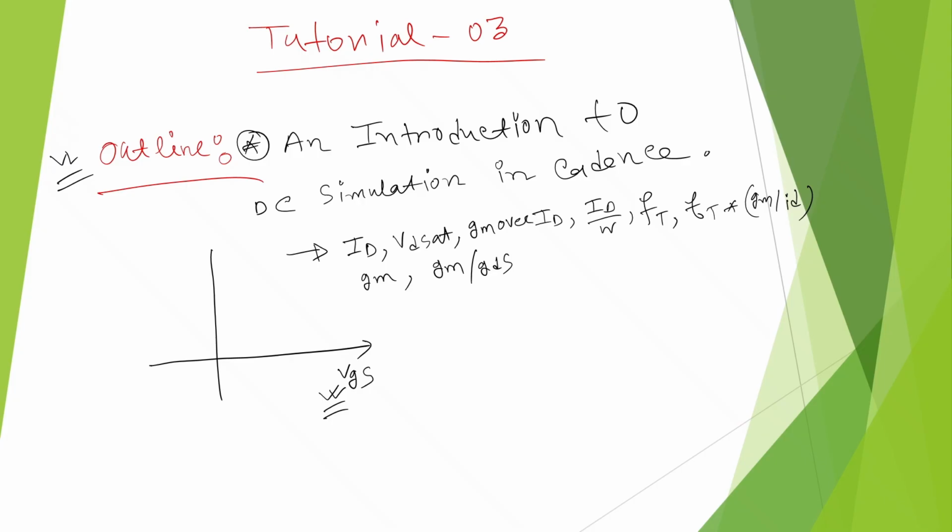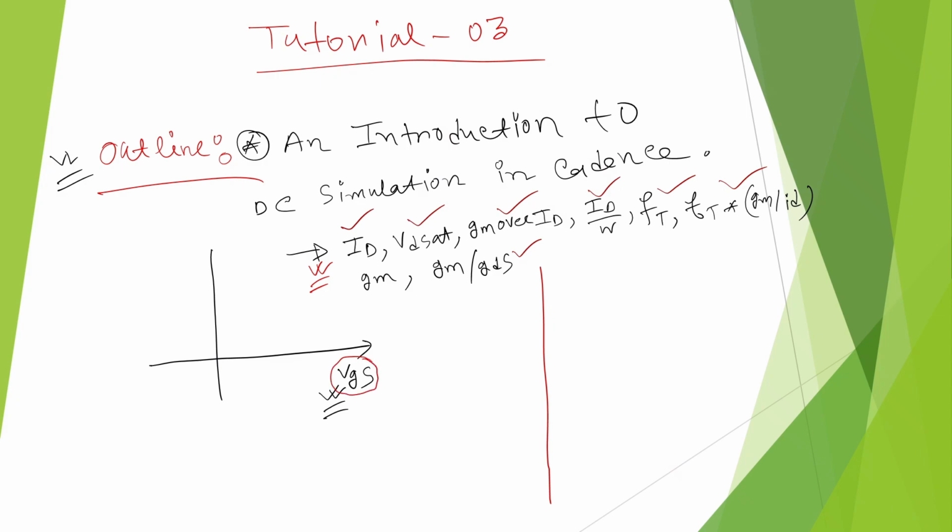These values we need to extract from Cadence, especially the ID, the VD set, GM over ID, ID by W, FT, FT by GM over ID, and GM versus GDS. So these all are my important characterization parameters. We can see that from our simulation, all the time these parameter values will be plotted